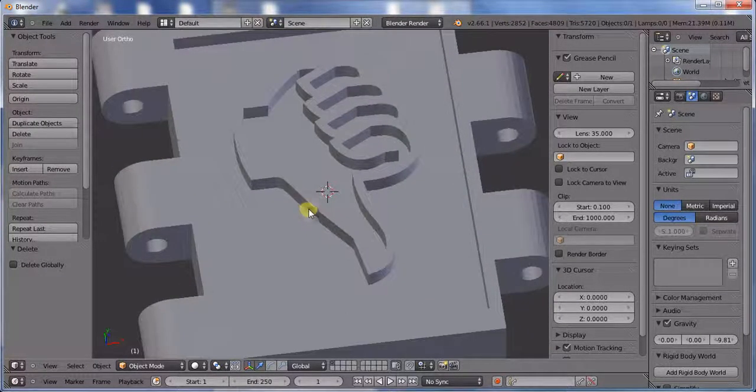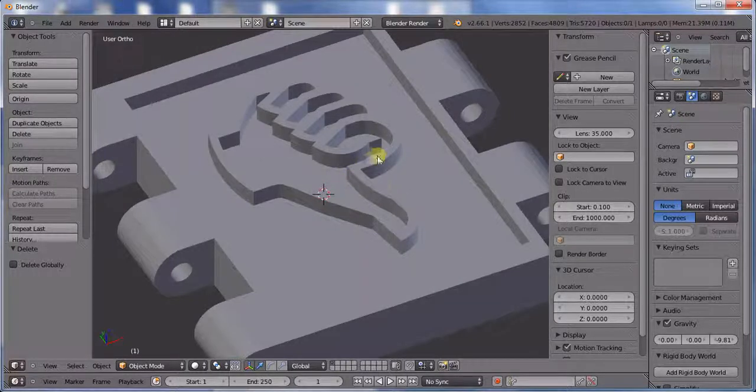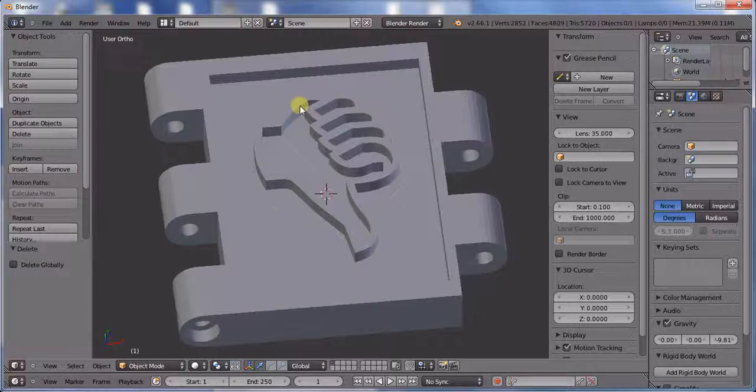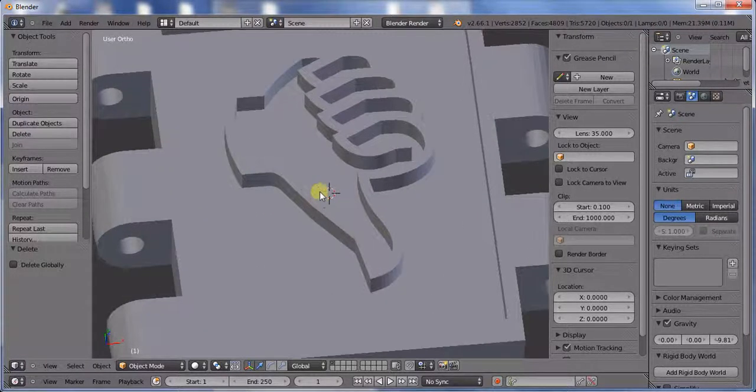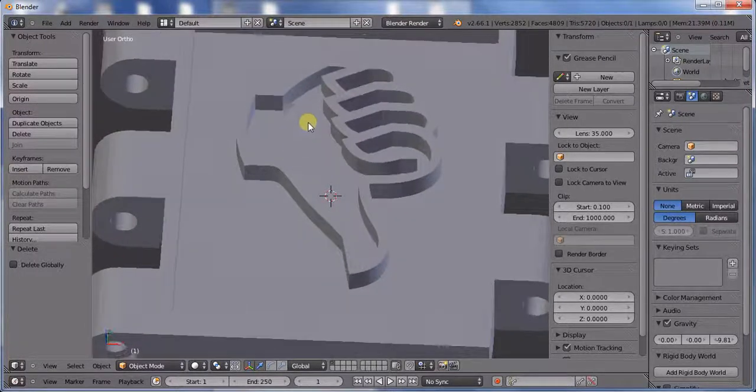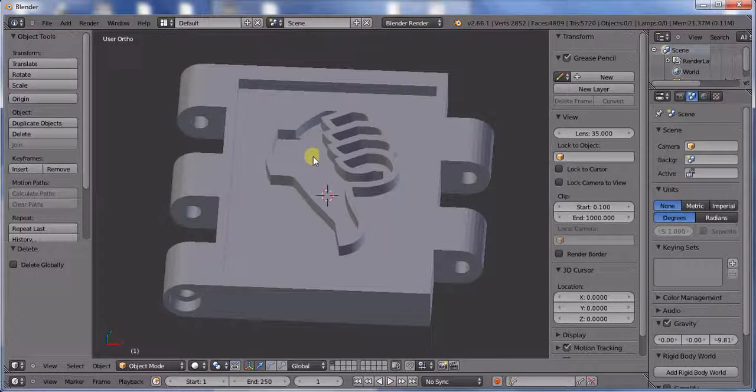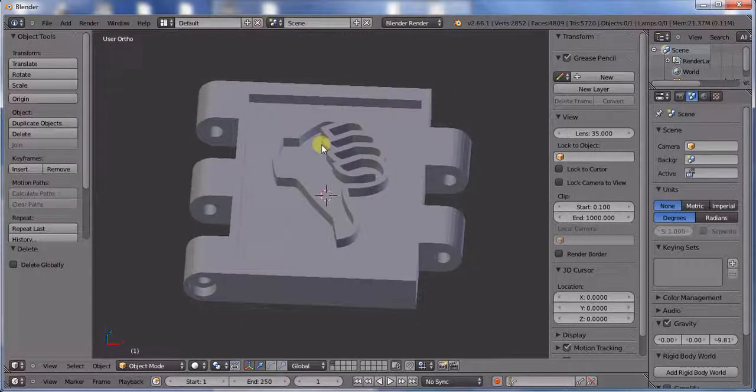Try to stay away from thin walls. These are probably not too thin. Try to stay away from the fonts that have very slivers of a line on the side. Your extruder probably won't be thin enough to make that, or it would be too fragile to actually stay on as a print. I hope this has been a good tutorial for you,